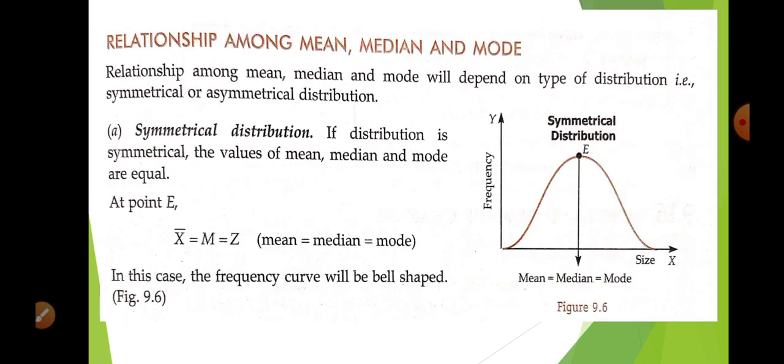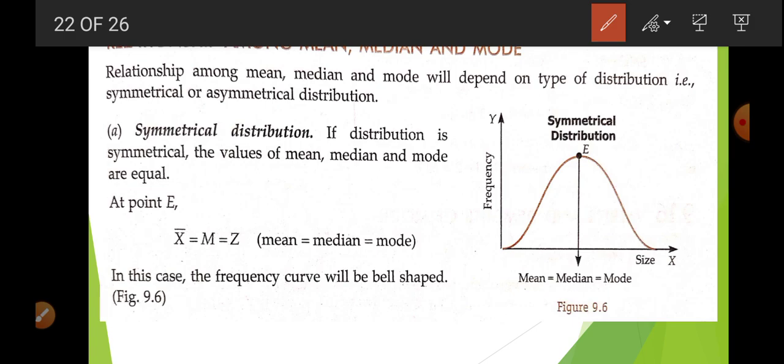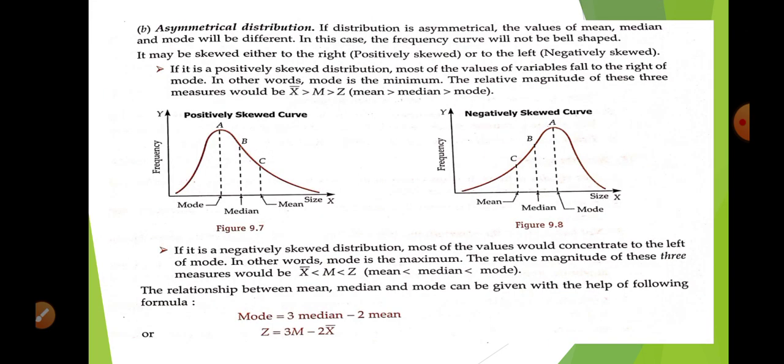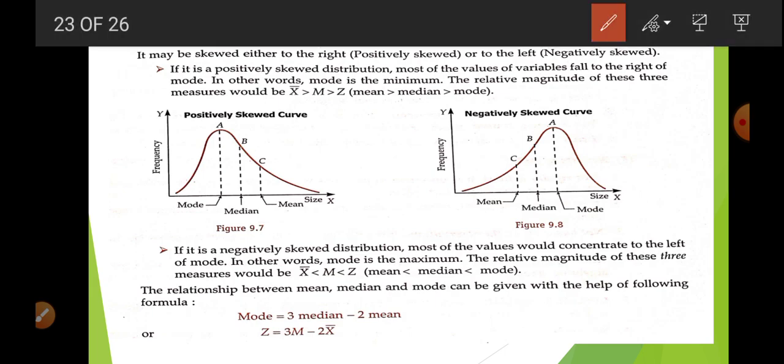Okay student, now this is the last point related to the mode, symmetrical distribution. We are going to learn the relation between mean, median and mode. So in a symmetric distribution, mean, median and mode all have the same value. When we graphically represent it, we get a bell. So all these three are equal. Okay, so this is a symmetrical distribution. Now asymmetrical, when mean, median and mode are not the same value. So we are not going to get a bell shape of the frequency. It is going to be skewed either to the right or left.